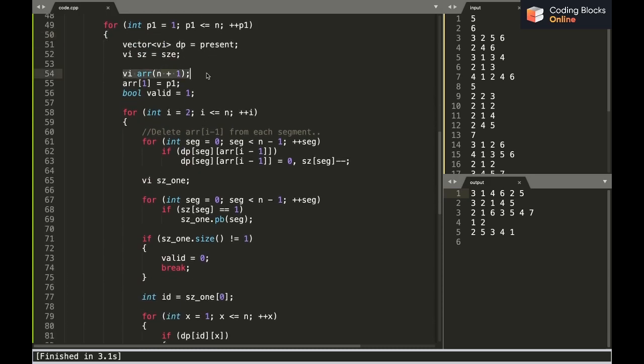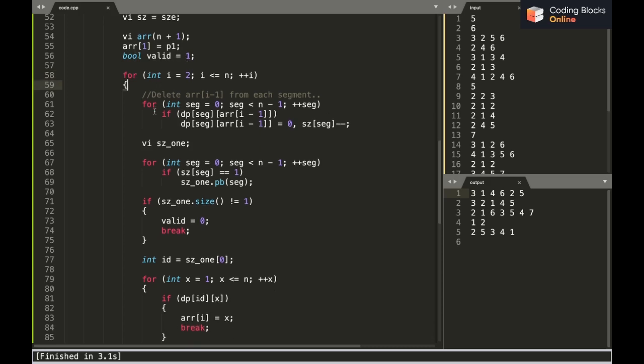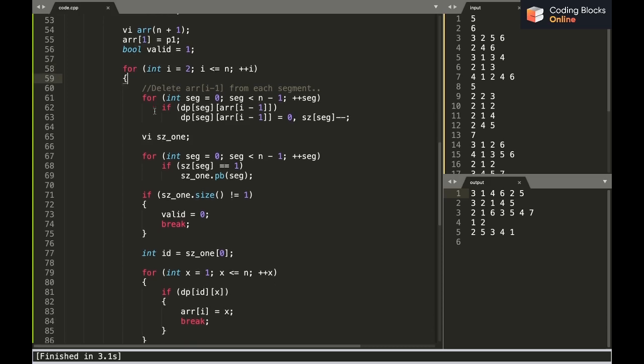So I have this array which will contain the permutation that I'm going to try and identify uniquely. arr[1] is going to be equal to p1 because that's our assumption, and for now I'll assume that this is a valid permutation. If at any point I feel that this is invalid, I'll make the value of valid equal to 0 and I'll not be printing the permutation then.